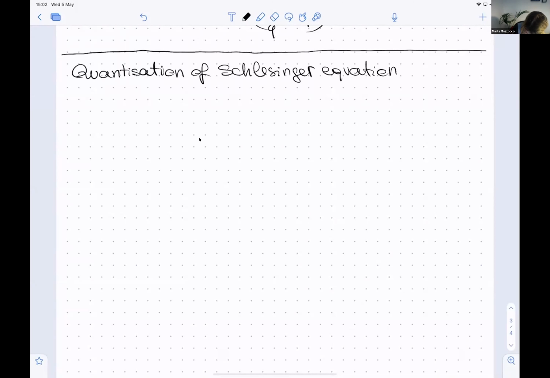So I will use some of these ideas to quantize a system of equations which are called Schlesinger equations. I'm not going to explain to you where they arise, why we care, or anything. I will just give the equations to you, and then we will kind of reach some interesting quantization, which was actually produced by Reshetikhin in the early 80s.